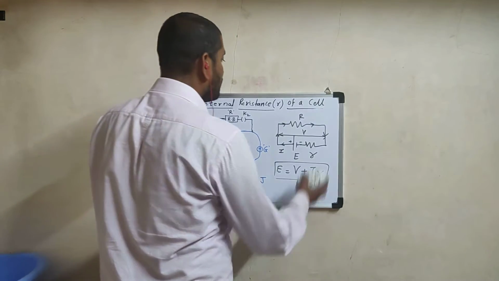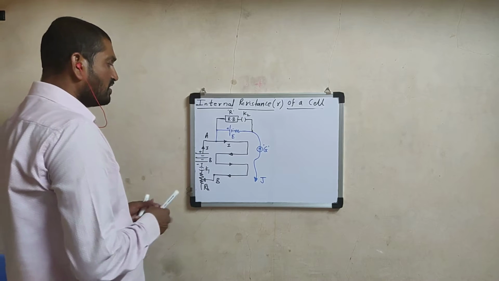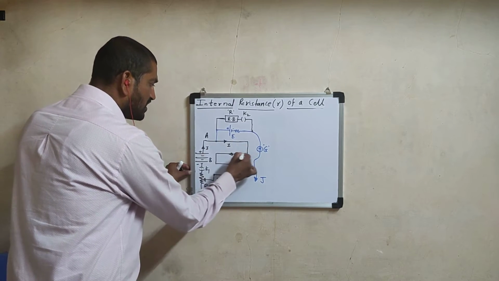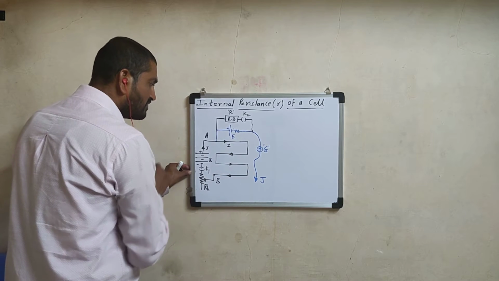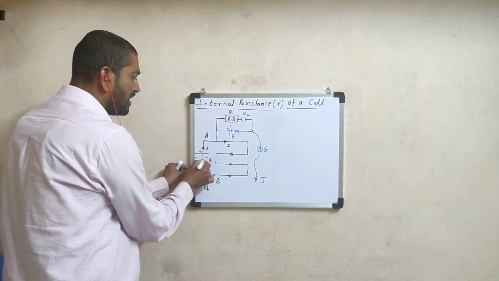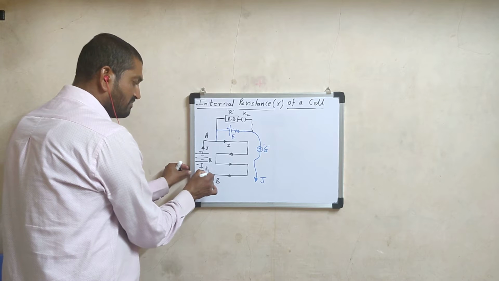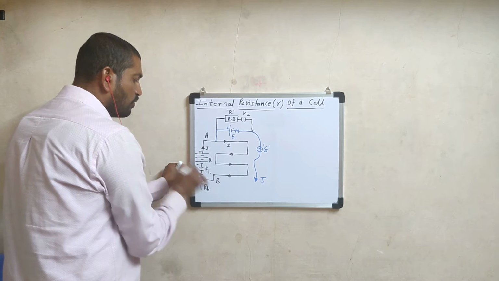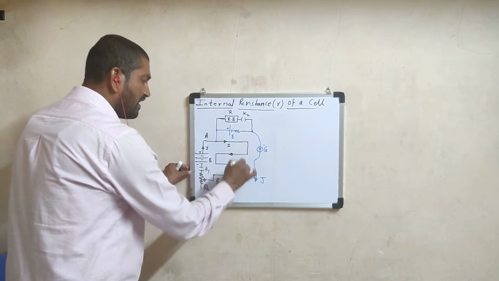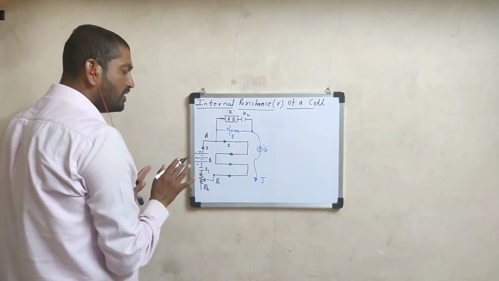Now as usual, the first part is the construction. Let us consider this black color circuit shown over here. AB is a thin uniform copper wire, which is the potentiometer wire. In order to send current through this potentiometer wire, a battery capital B having sufficiently high EMF, a key K1 just to start or stop electric current, and a rheostat are connected in series with this potentiometer wire. So this black color circuit is the construction of the potentiometer. We are going to consider this potentiometer.